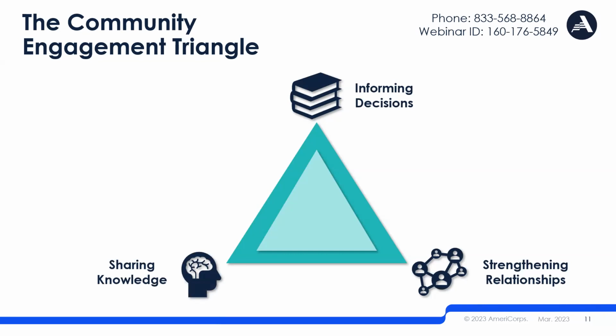This model was originally put together by a consulting group in Australia, but it's since been widely used around the world. And just last year, actually, the consulting group put out a revision of their original triangle. In the original version, that goal on the bottom left of sharing knowledge was called capacity building. Reciprocity is important. This group recognized that they had initially thought about that goal as outsiders teaching or building the capacity of community members. And over time, they came to recognize, reflecting a more asset